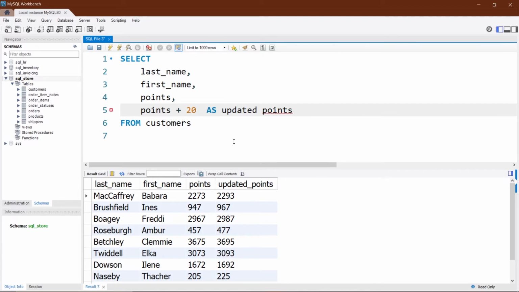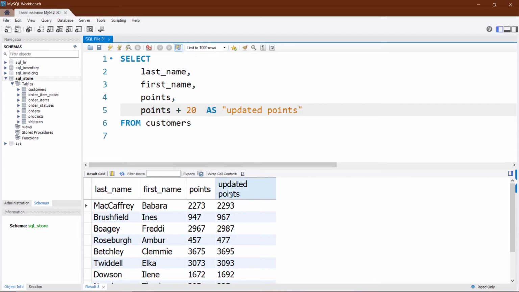To define it in a string, you can write it in single quotes like this, or you can write it in double quotes as well. I'm going to write them in double quotes. As you can see now, if I execute it, this will also work for you.